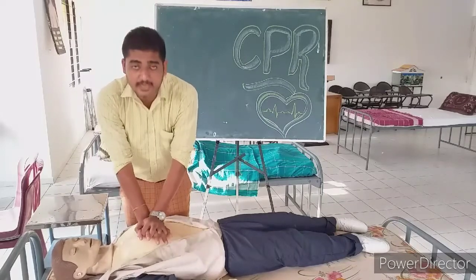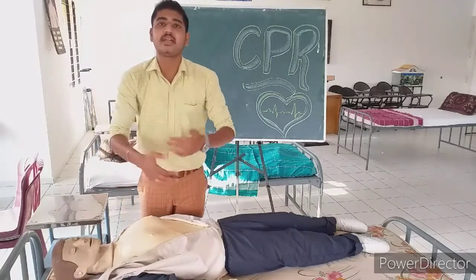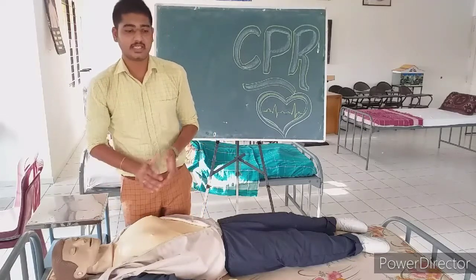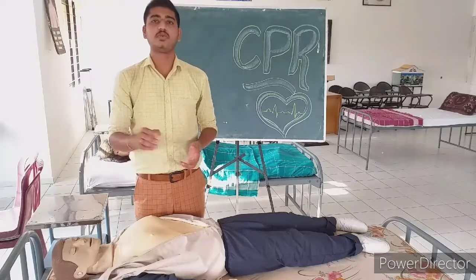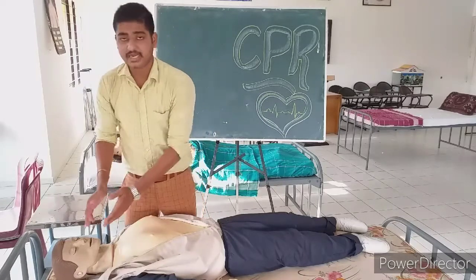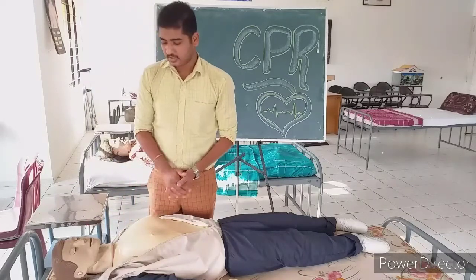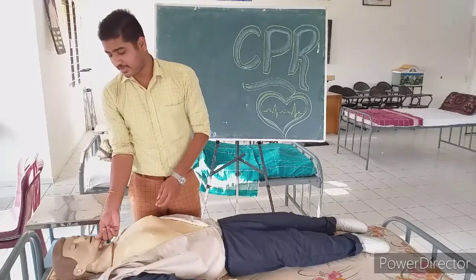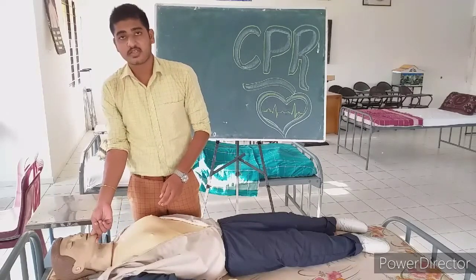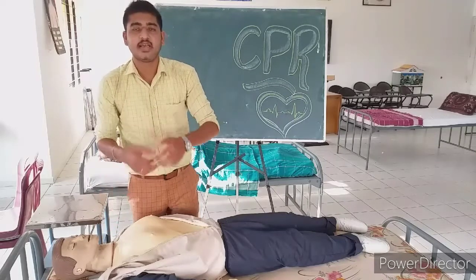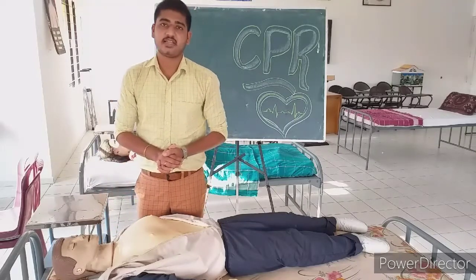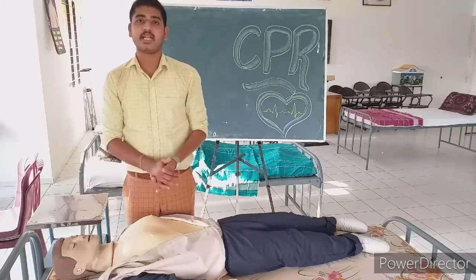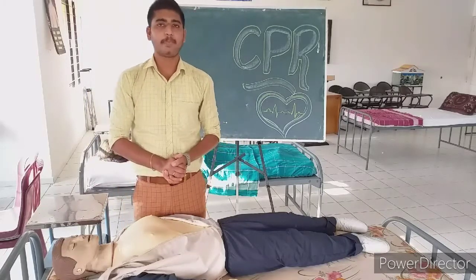once you are stopping. So after every 30 compressions, you have to give the breath. As you know, the ratio is 30:2. 30 compressions and 2 breaths. So before giving the breaths, first you have to go for the airway. You have to lift up the chin so that the trachea will become straight. If any kind of obstructions are there, we can remove or clear them. And after that, immediately we can give the breaths to the patient.